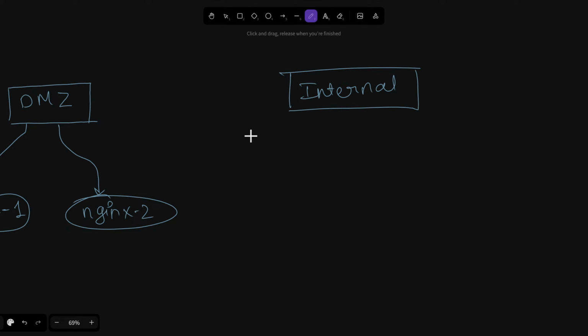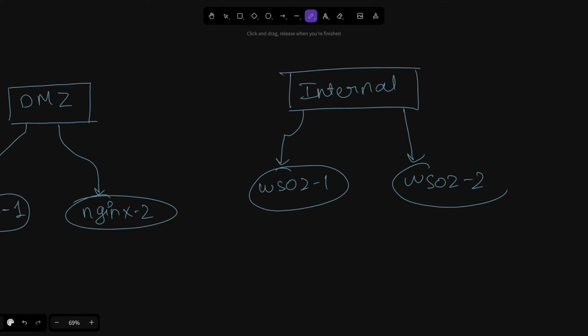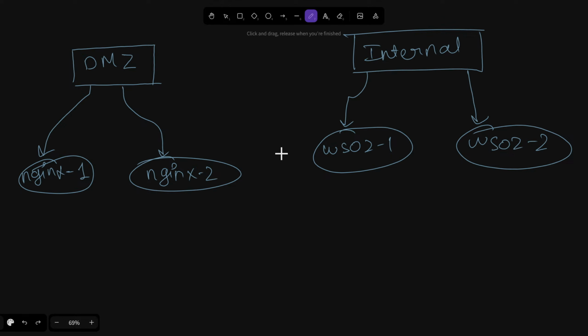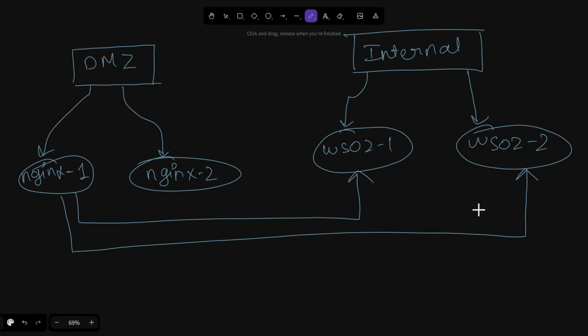In this internal network, we have WSO2 server 1 and WSO2 server 2. Again, this is redundant. Let's say this server goes down, your service will still be alive via this redundant server, and the requests between these are load balanced, sometimes with a round robin algorithm.